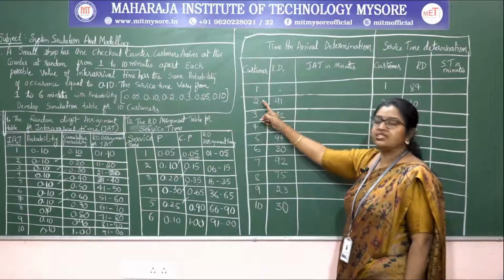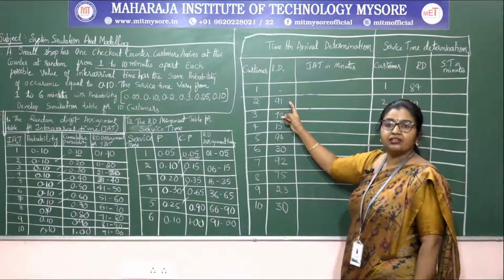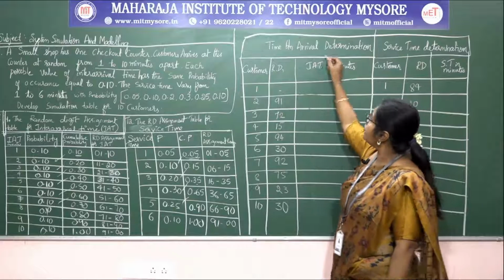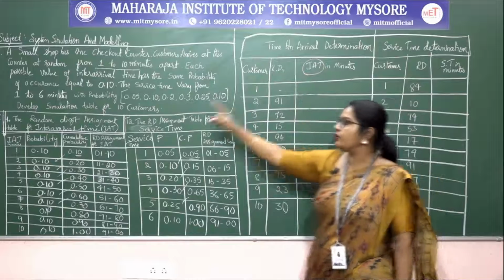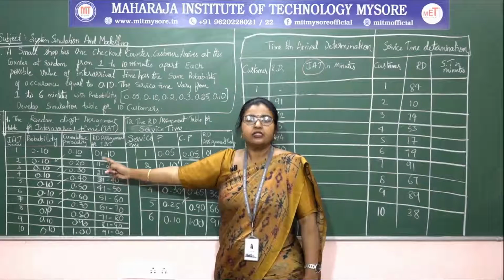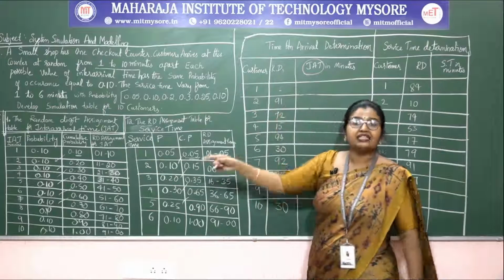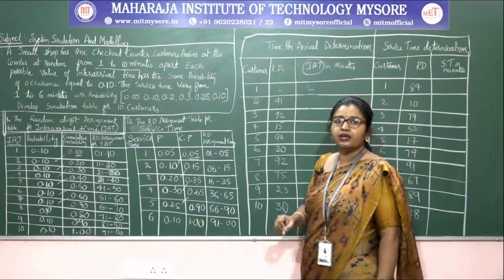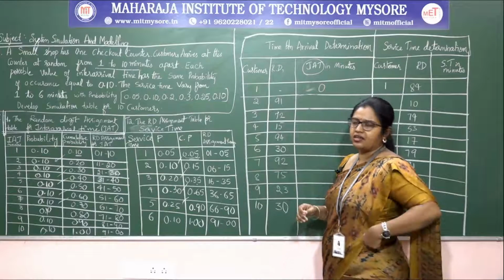Next is the second customer, 91. This is not the timing, this is the random number. We are calculating for IAT, that means you need to look into the IAT random digit assignment table. In this we need to check where this 91 lies. The first one is null, that means it is 0 only. We can consider 0 time.